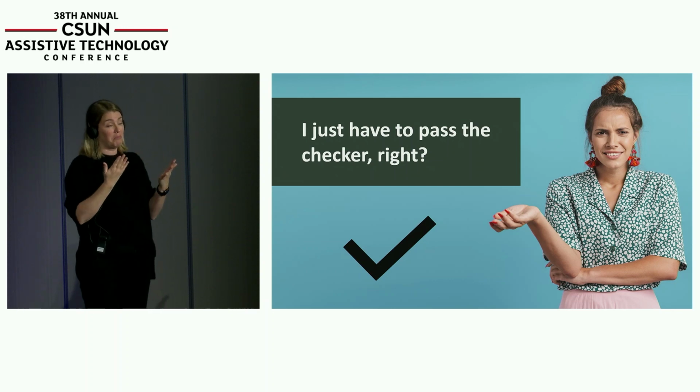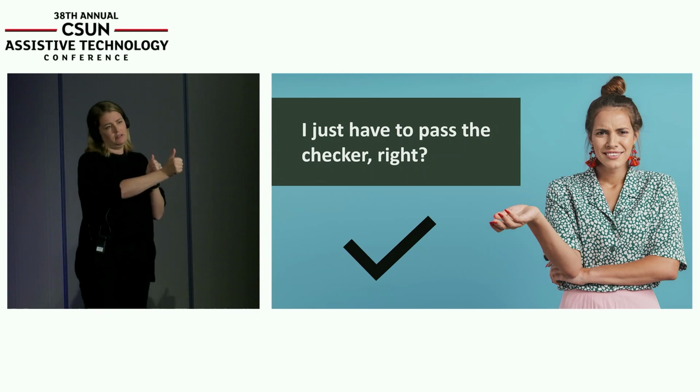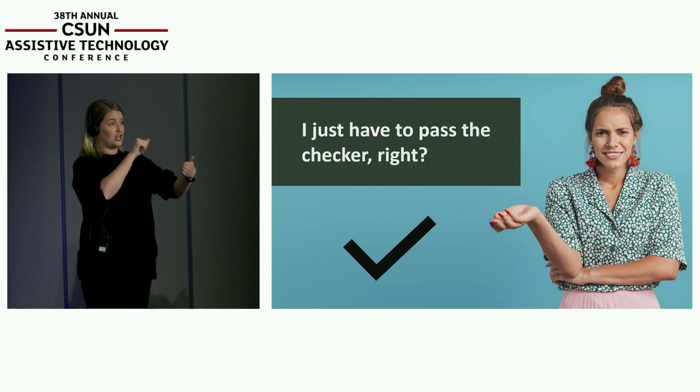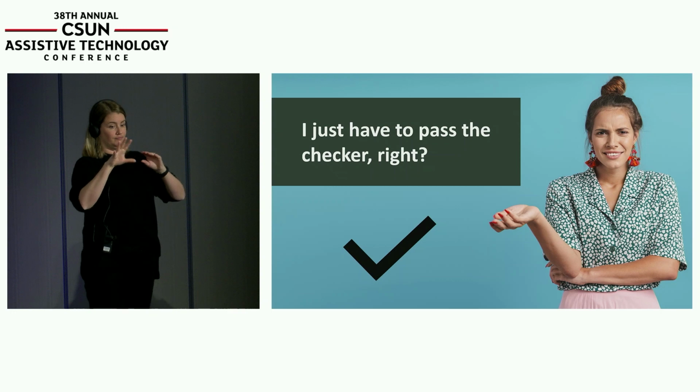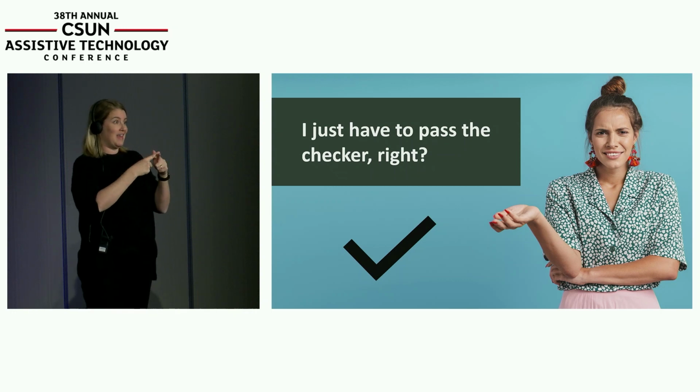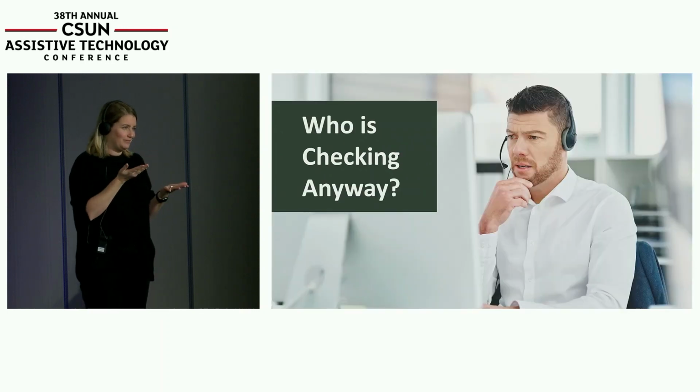And oftentimes I say, well, I just pass the Acrobat checker. In fact, I've seen some reports where they've taken a giant table and made a JPEG of it, dumped it back into the table, added some alt text, and said, yes, we passed the checker. And I say, yes, you've created a most ableist experience you could possibly create, because as a person with vision, I can see all the data, but the alt text that someone who has low vision or no vision gets is table 14.2, sales for 2021. That's not the same. But who's checking anyway, right?